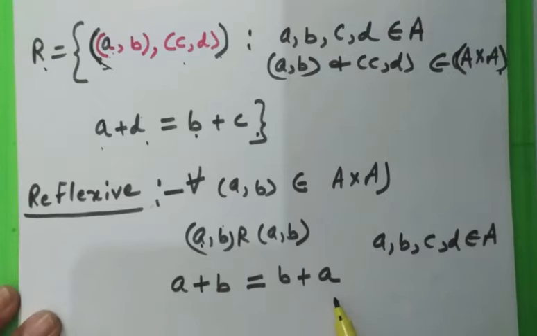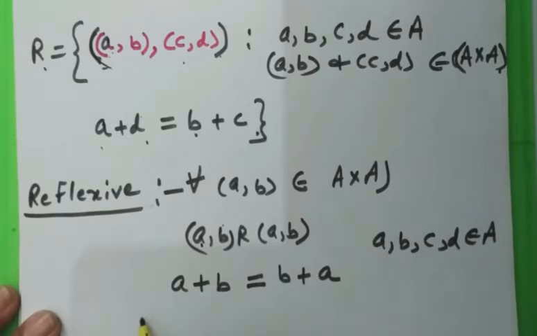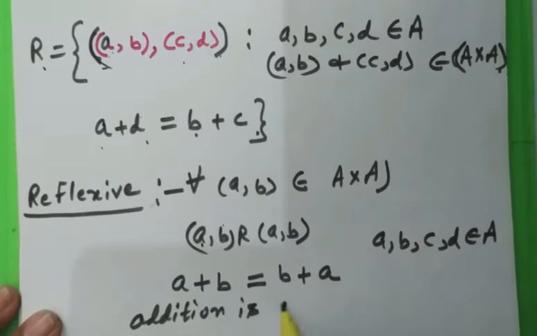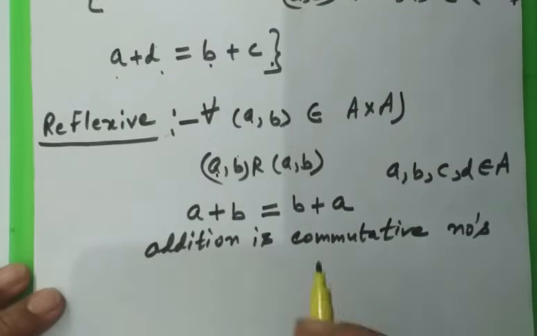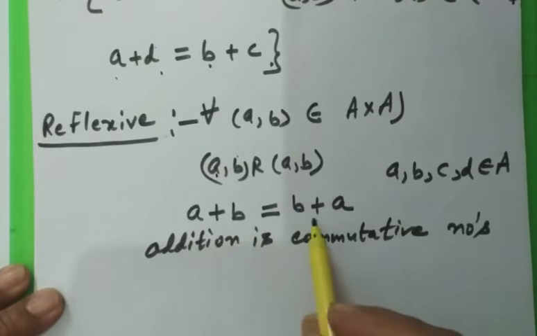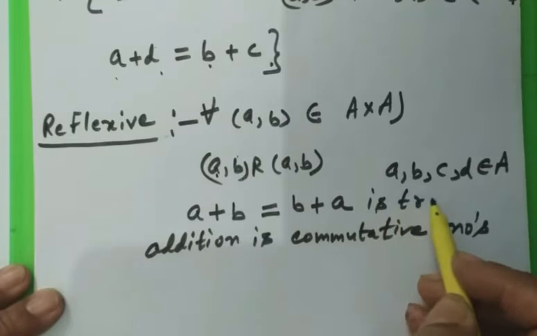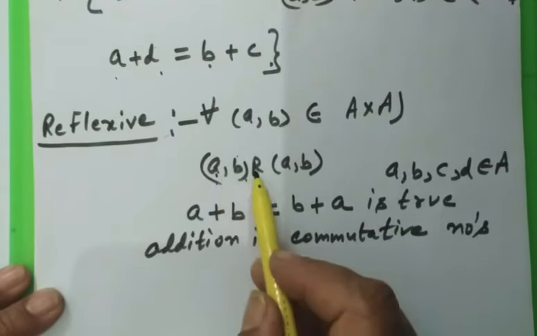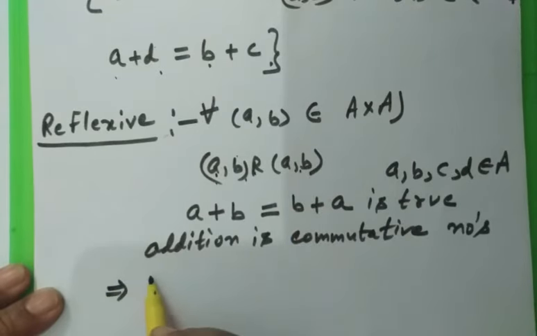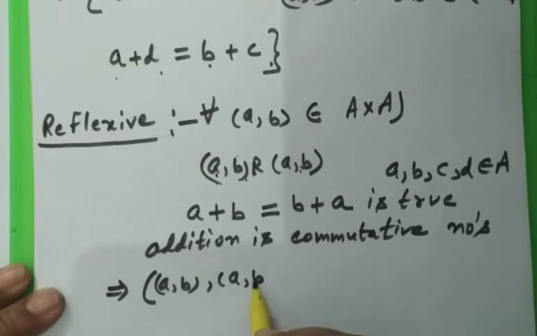So A, B are natural numbers, and we know that the operation of addition is commutative in case of all numbers, and particularly in case of natural numbers. Therefore this statement, A plus B is equal to B plus A, is true, and this implies that AB is related to AB, and this implies that the fourth tuple, which is the ordered pair of ordered